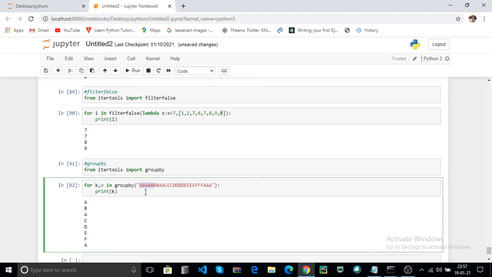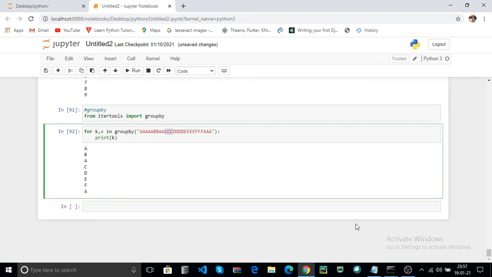First the key is A, the next time the adjacent B items are matching, then the key is B. The next time the adjacent AA are matching, A is the key. The next time the CCC are the adjacent matching, then the key is C, and so on.